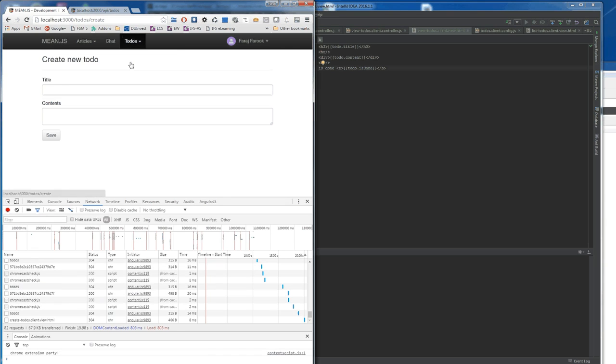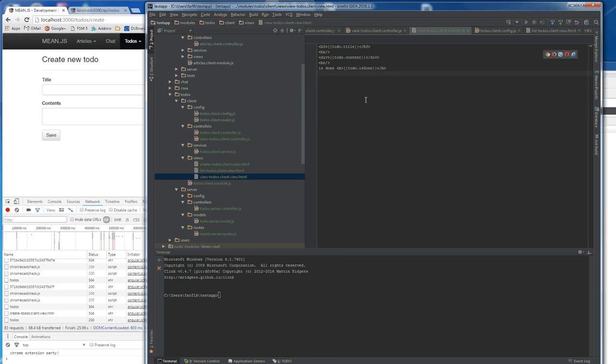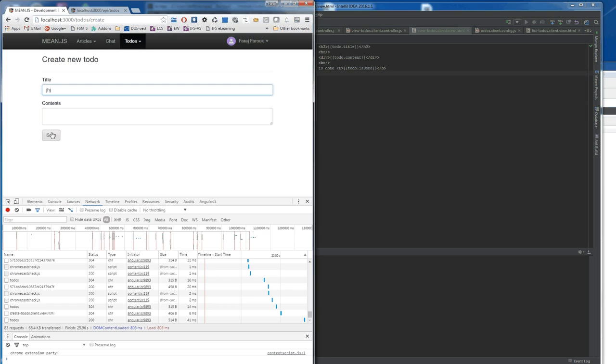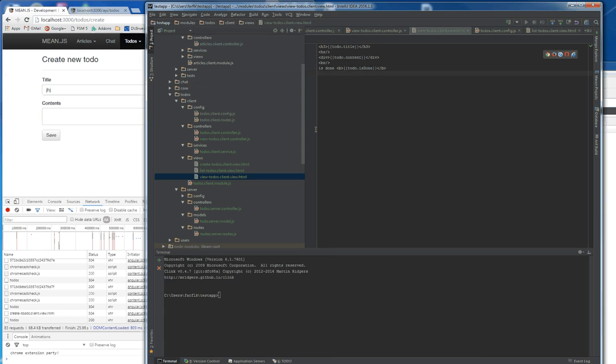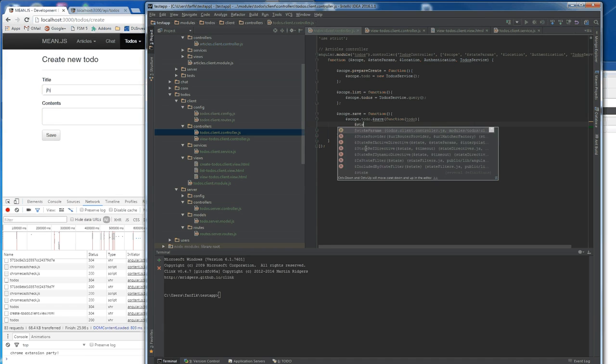Then one last thing, when you are going to create a new to-do, if you type something and enter, it's going to show something and it's not going to do anything, right? So if you type something and click save, it should end up in this specific view page. In order to do that, I'm going to go to this controller, and after this alert, I'm going to say state go to